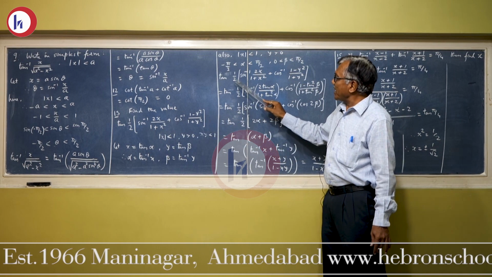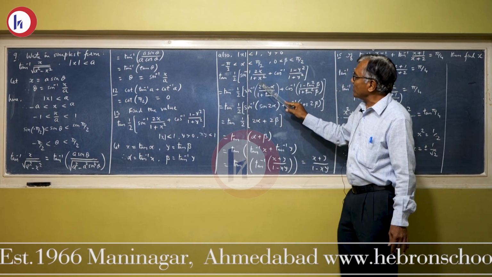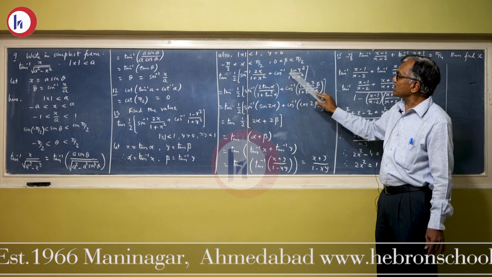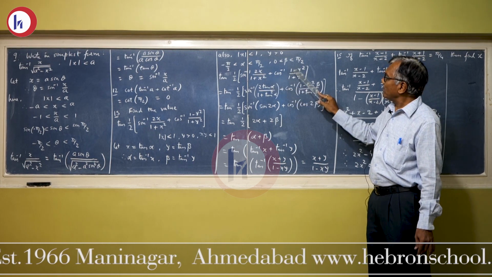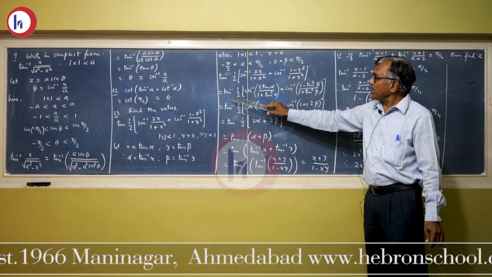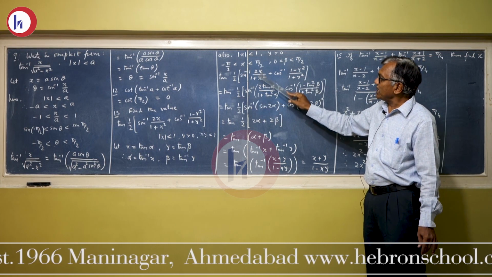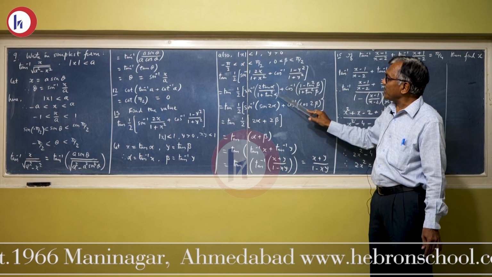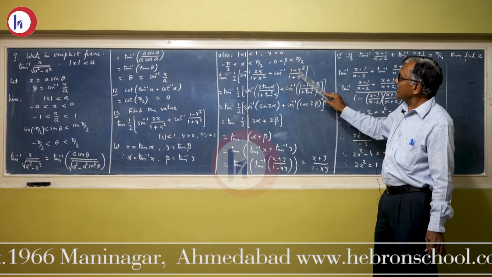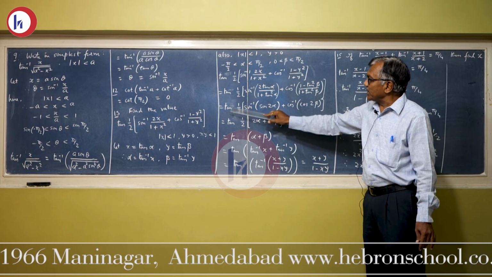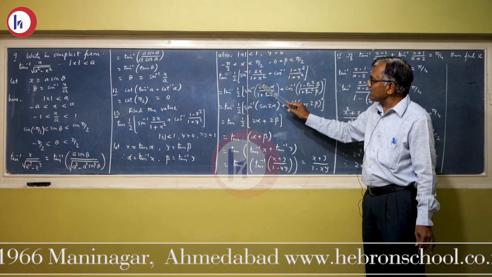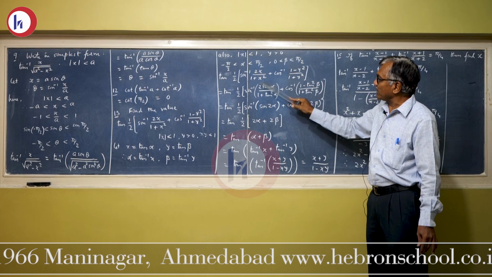Now substitute whatever you assume in this one. So tan of 1 by 2 sin inverse 2x upon 1 plus x square plus cos inverse 1 minus y square upon 1 plus y square. x is tan alpha, y is tan beta. So tan of 1 by 2 sin inverse 2 tan alpha upon 1 plus tan square alpha plus cos inverse 1 minus tan square beta upon 1 plus tan square beta. Now tan 1 by 2 as it is, sin inverse, this is nothing but sin 2 alpha.